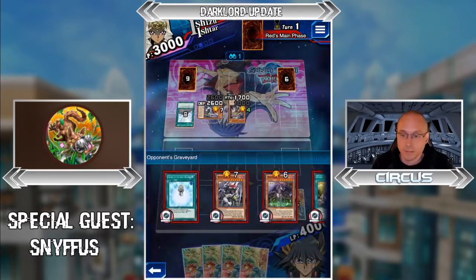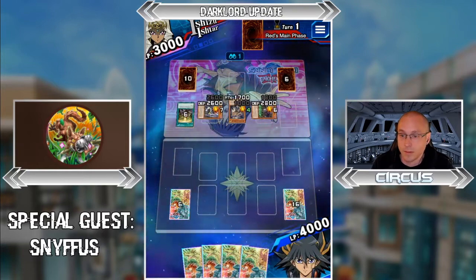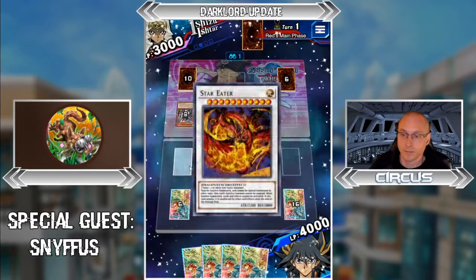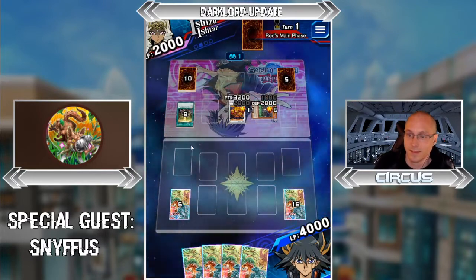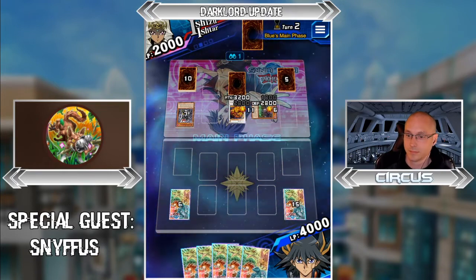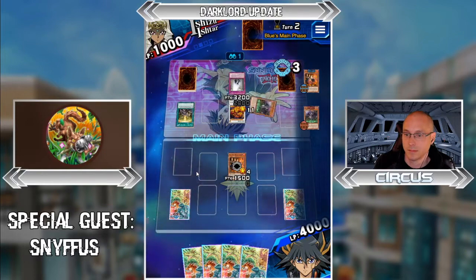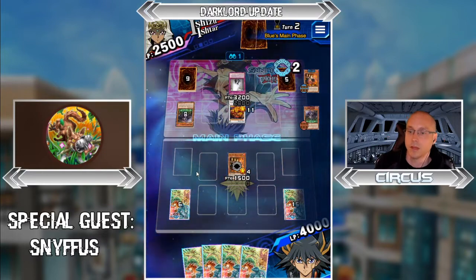You see how he milled so many cards already. Got like 2 or 3 banishments in the graveyard. The contact flood the field. And now he's going for the Stide at turn 1. So this is kind of an interesting play. You can do it versus back row heavy decks because it says when it attacks, it's unaffected by card effects, so like no Wall of...